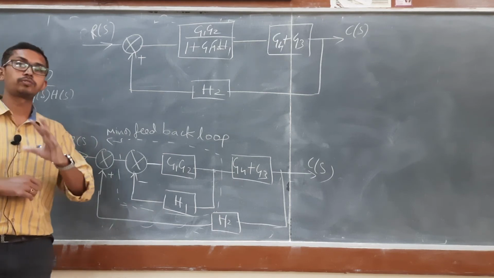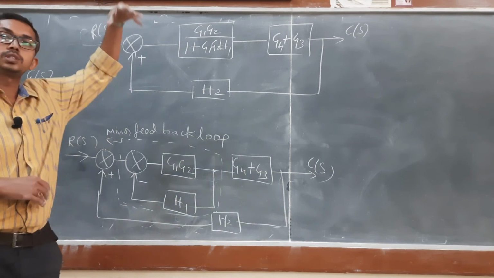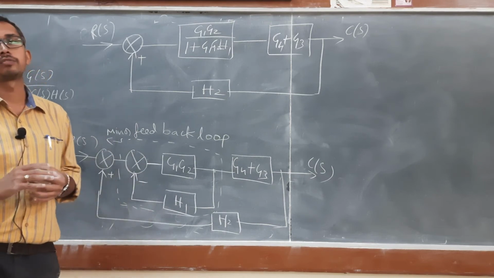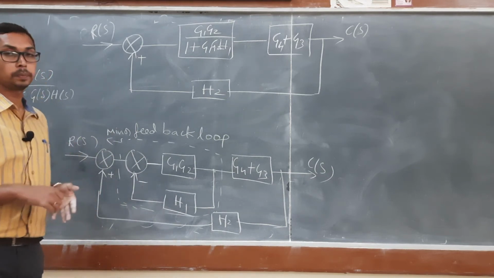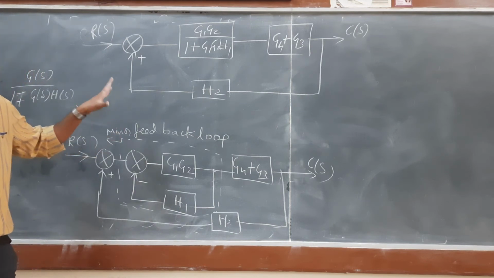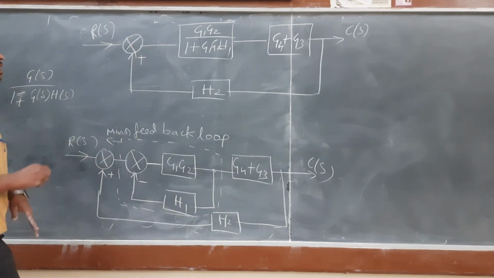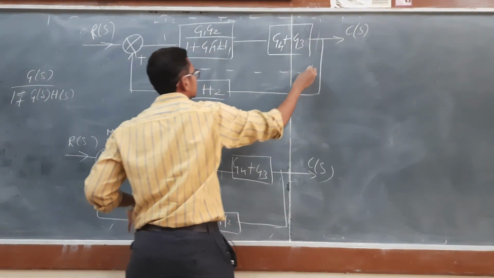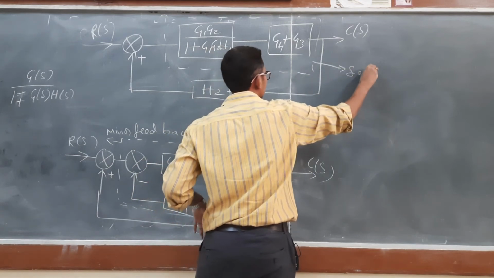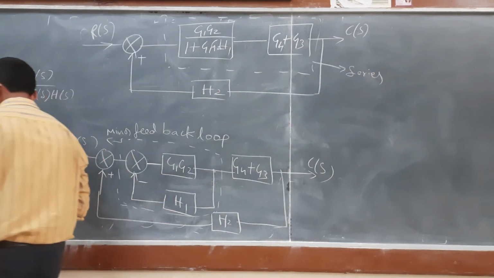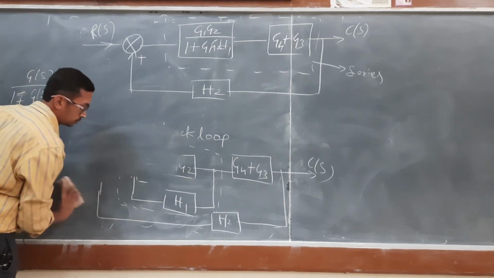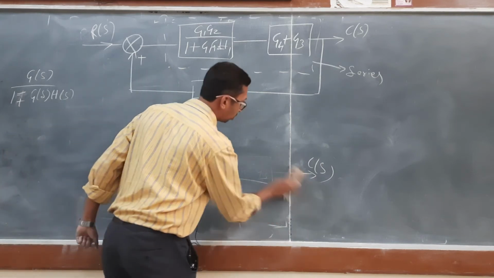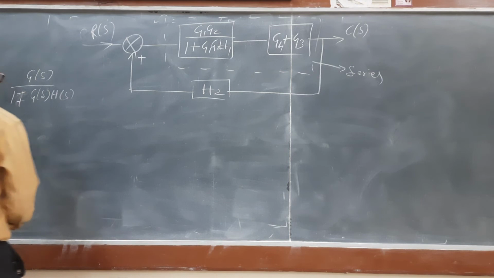Next, what is step number 5? We need to repeat the same steps from 1 to 4 until we get the minor feedback loop and can find the transfer function. Okay, we are going to repeat once again. What is the first step? We need to identify whether any blocks are in series. Yes, these two blocks are in series. What we have to do is multiply the two blocks, and I am going to redraw it.